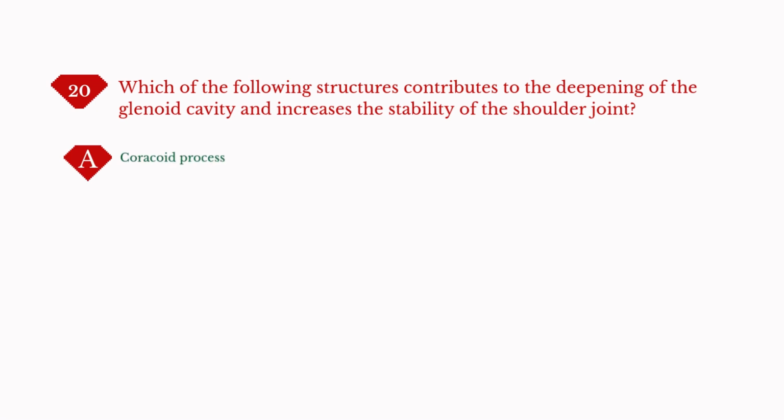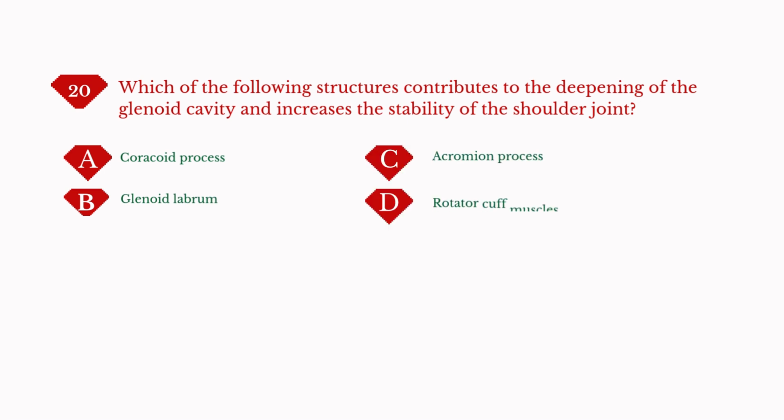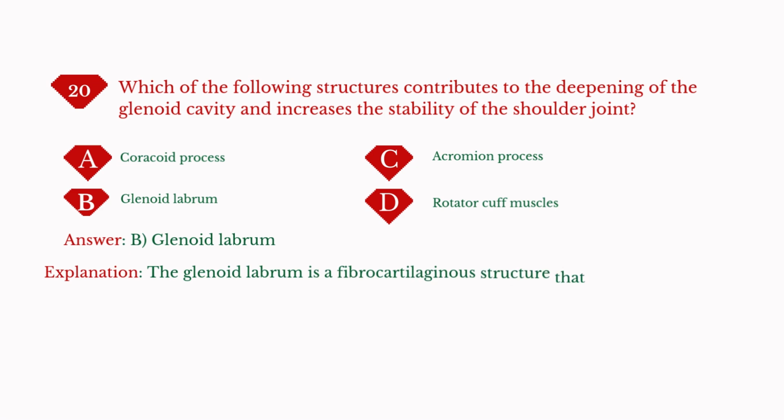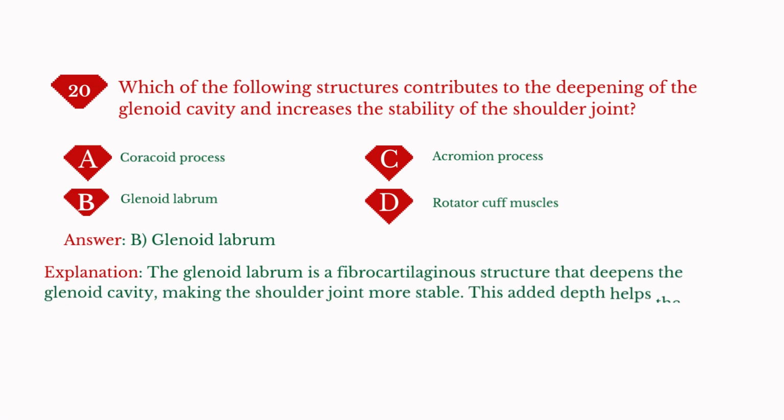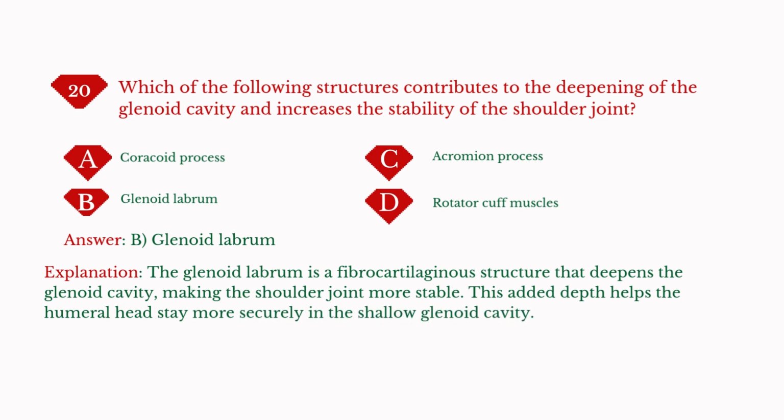A. Coracoid process. B. Glenoid labrum. C. Acromion process. D. Rotator cuff muscles. Answer: B. Glenoid labrum. Explanation: the glenoid labrum is a fibrocartilaginous structure that deepens the glenoid cavity, making the shoulder joint more stable. This